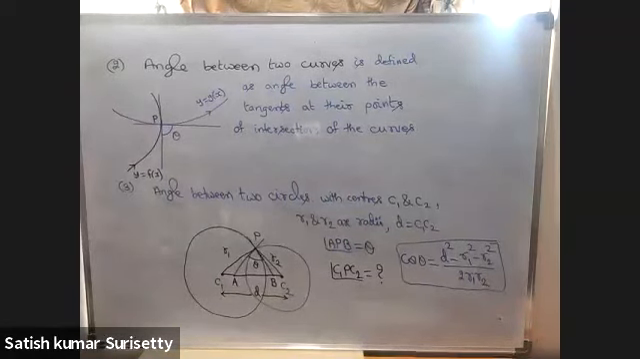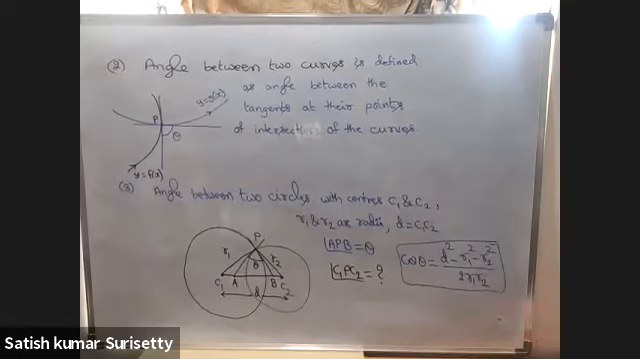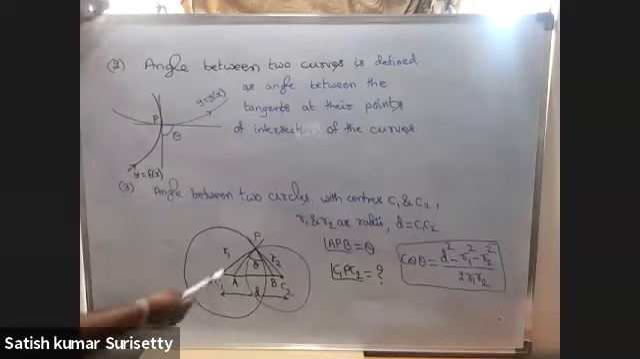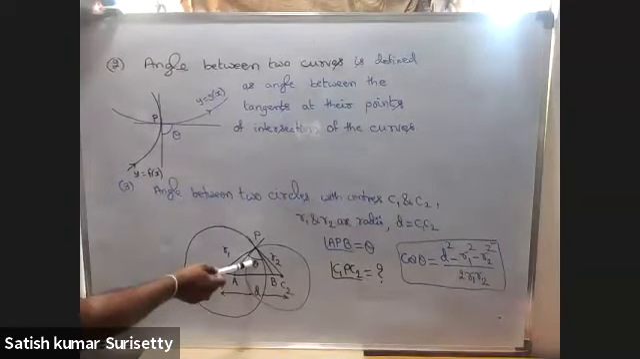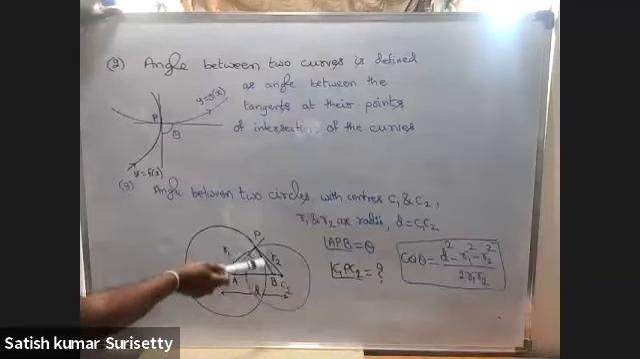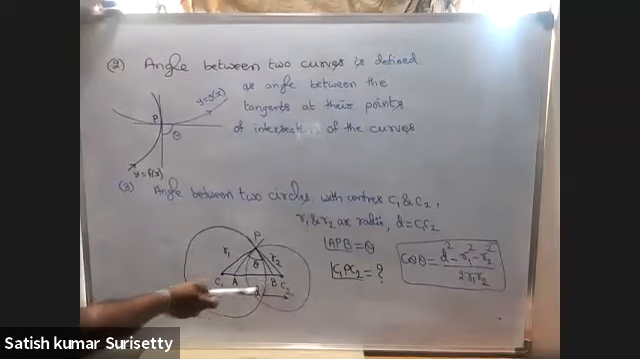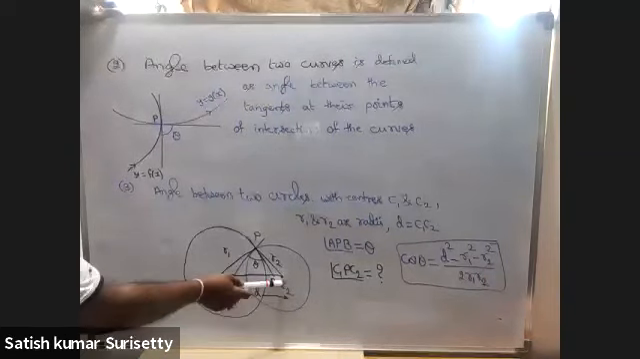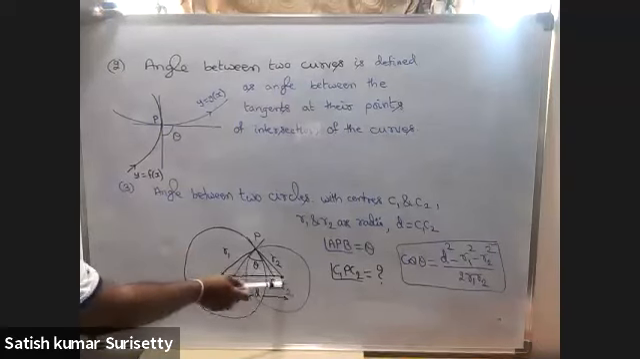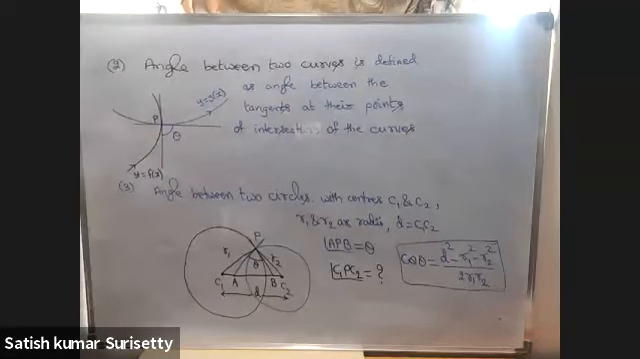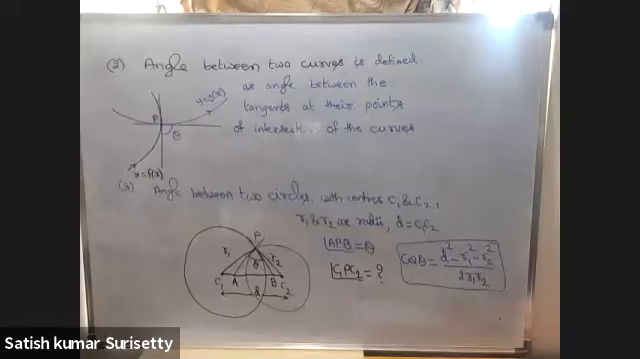Sir, theta is angle APB, no? Because theta is the angle between the tangents, so it will be angle APB, theta. But we need to calculate angle C1 P C2. If you calculate angle C1 P C2, then you can apply the cosine rule formula. Sir, but the cos theta formula will not be...